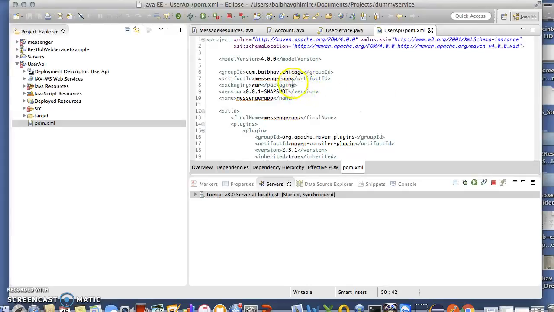So generally, what is a web service? Web services are the means to exchange data between a client and a server. Let's say we have software A and software B. If software A wants to get some data from software B, how can it be done? Yes, it can be done through web services. If software B allows information to be shared with software A, then of course software A can easily get